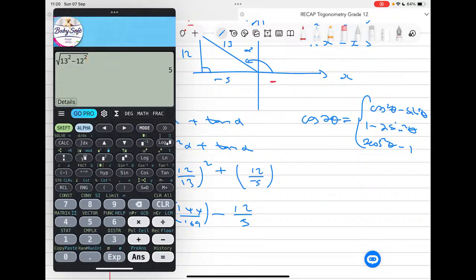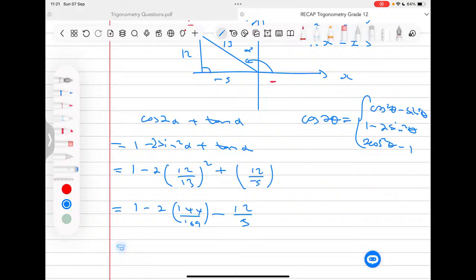And perhaps if we put this on a calculator, we can quickly get the answer. 1 minus 2 times 144 over 169, and we are subtracting here 12 over 13, and I'm getting, okay, I see I'm getting a wrong answer here. This should be a 5 here. So we're getting an answer of